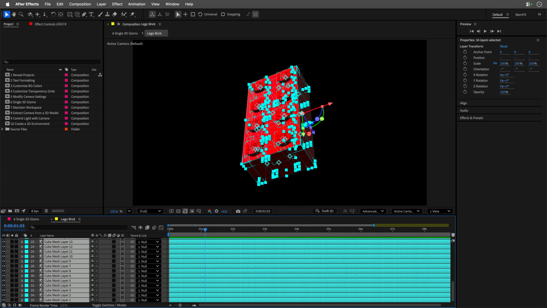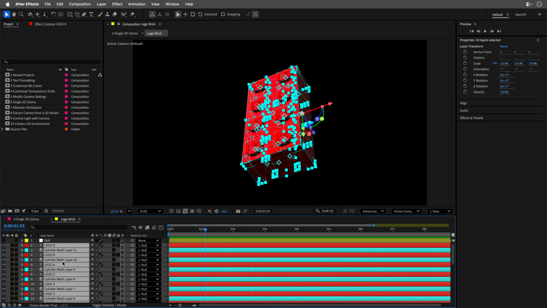Handling lots of gizmos at once can sometimes slow things down, especially with higher render settings. So using one shared 3D gizmo, as we can see here, for multiple layers, helps to avoid that. Now, by default, it will select the last one. So if you want to switch this gizmo to another layer, all you need to do is hold down Command